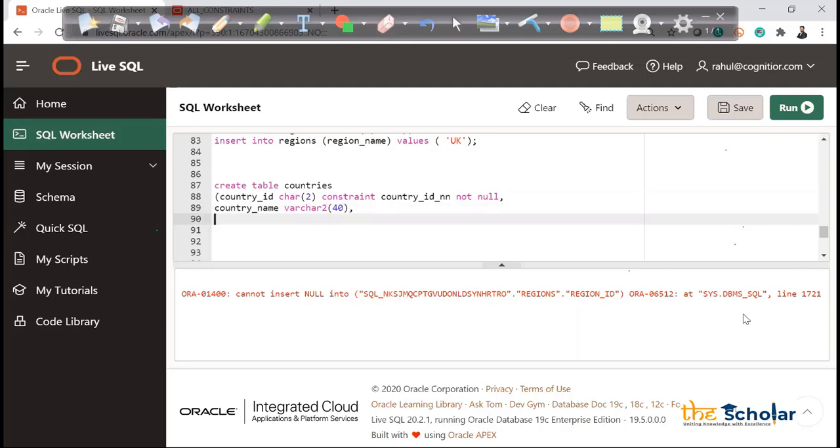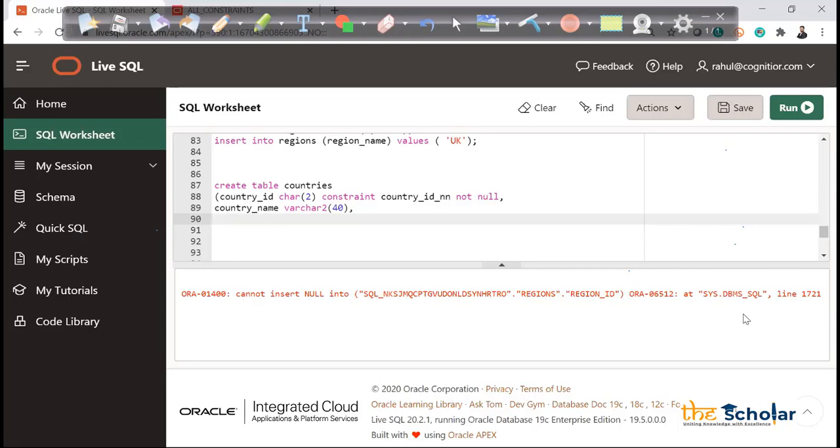And again, for these column sizes, we first have to do the data analysis. We have to understand what the maximum value is, and based on that we decide, right? That is a very initial part of the discussion with the business, where they will help you understand that, okay, my country name cannot be more than 40, so let's make it 40 or 50, something like that. That discussion will happen at the very initial stage. If you remember, we spoke about the logical data model and the conceptual data model, right?